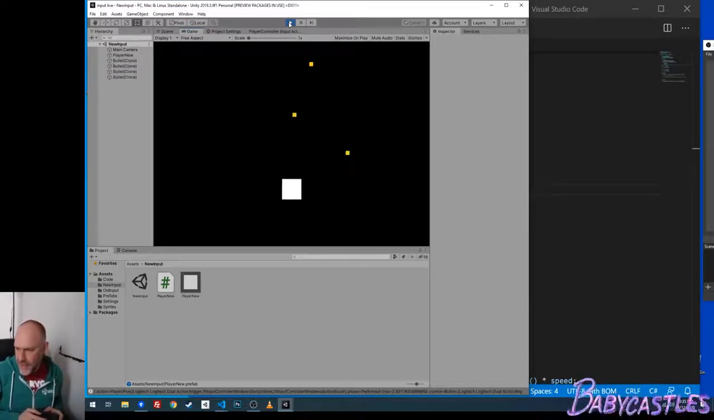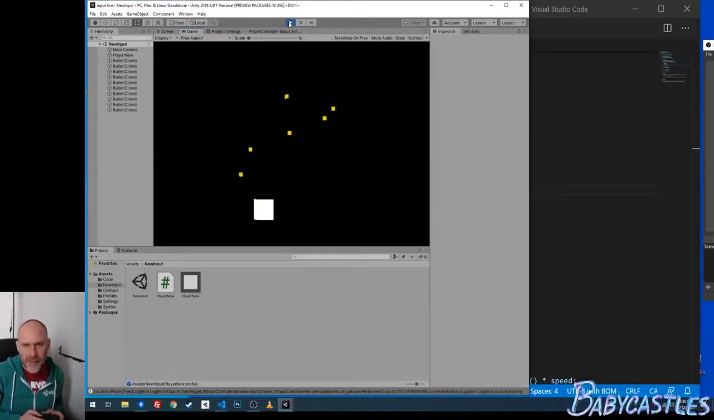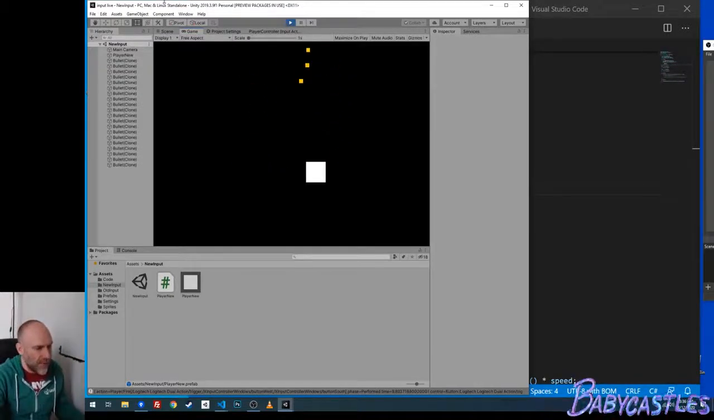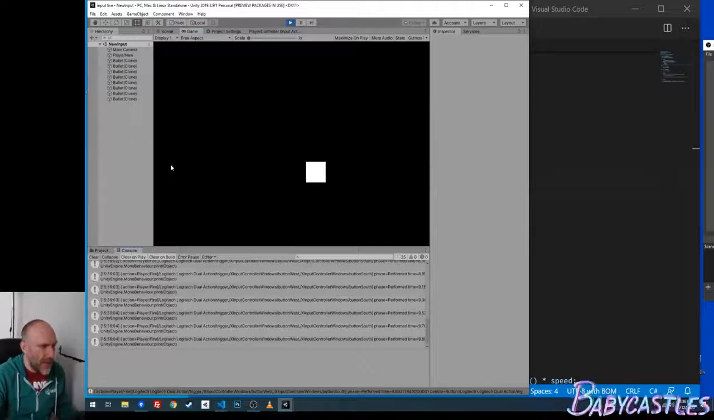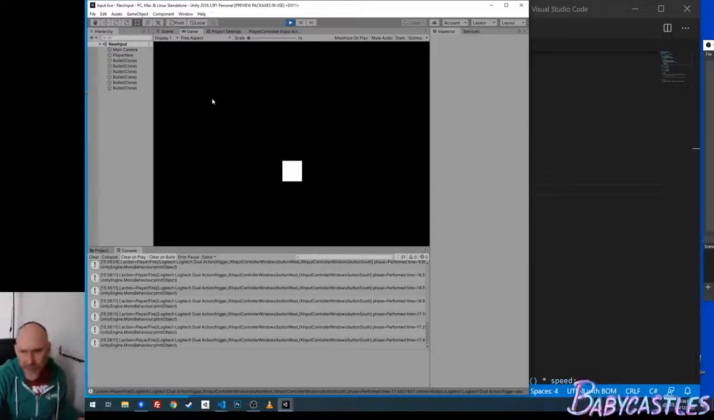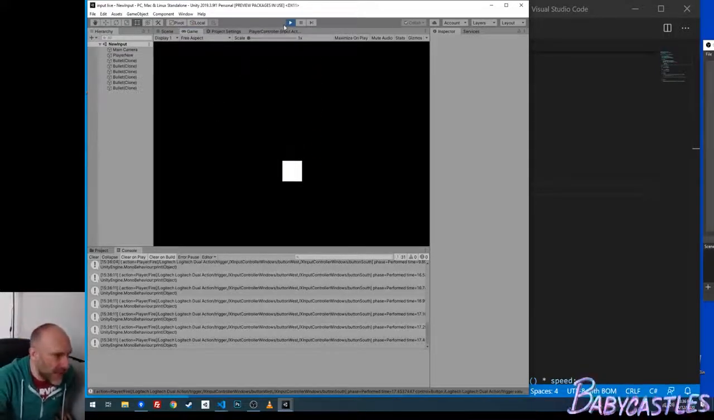So you can see my little characters making bullets. Things are pretty cool. And then over in the console, you can see everything getting spit out of the context here every time I hit this fire button. And it might be kind of hard for you guys to read, but what it's saying is